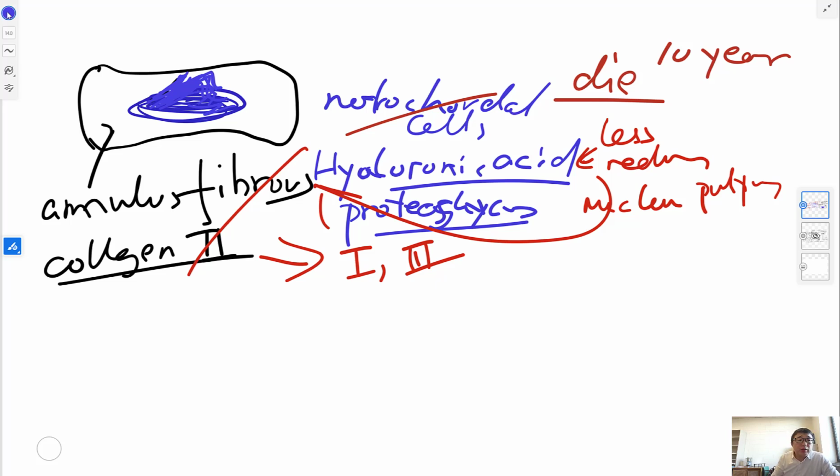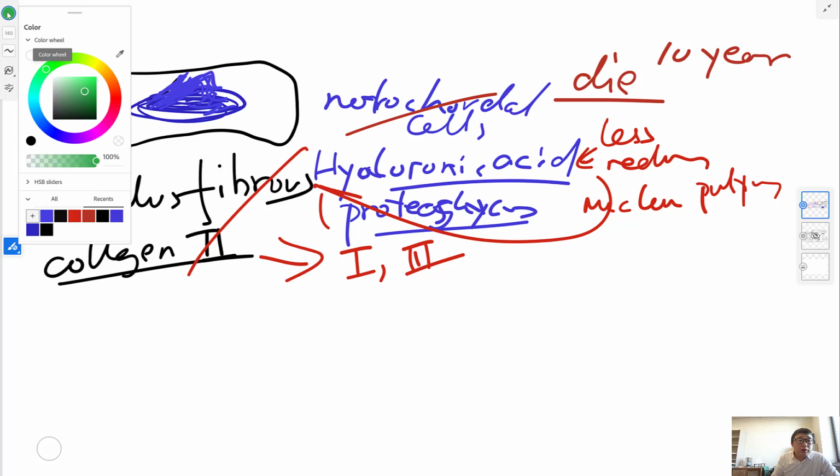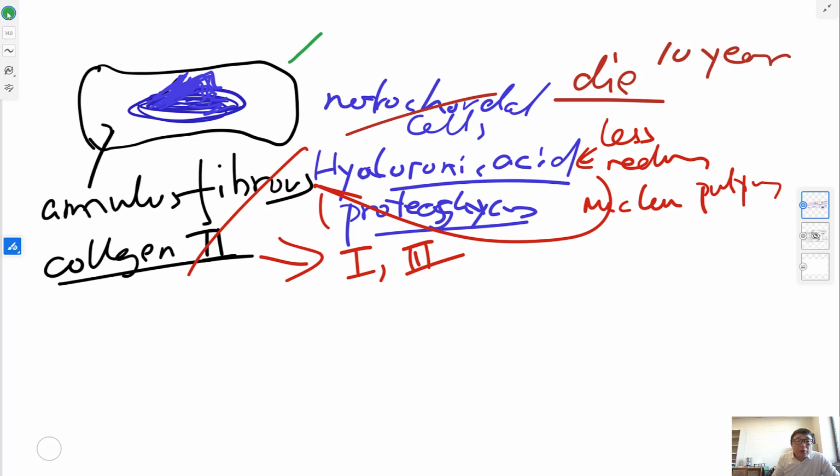And also one more thing that I think I told you. Normally, nerve endings don't enter the disc, and so whenever we move around, you don't really feel the pain. However, when there's a change in the hyaluronic acid and the notochordal cells, the nerve endings get in, and then people start to feel pain whenever we move around, and this we call it